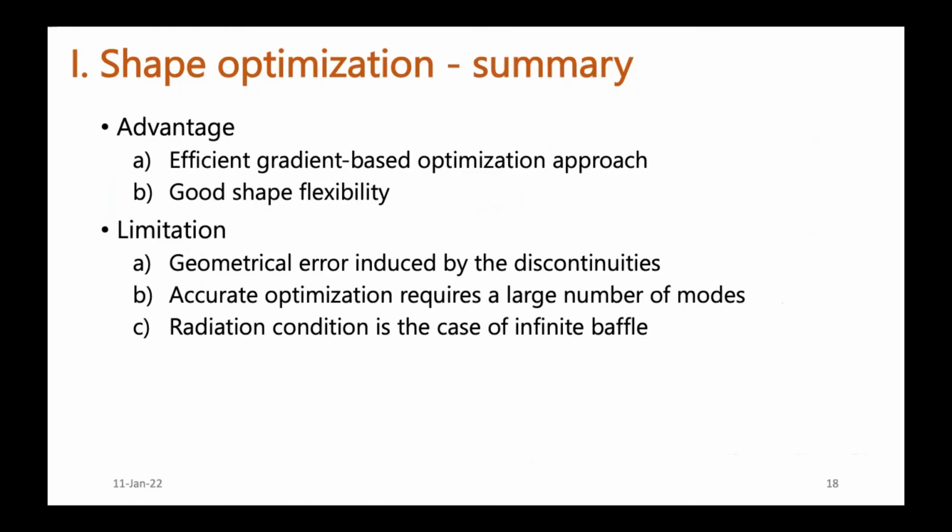This method has the advantage that it is an efficient gradient-based optimization approach, and it allows for good shape flexibility. As you can see, it can find shapes with small ripples, small features, to obtain good results,